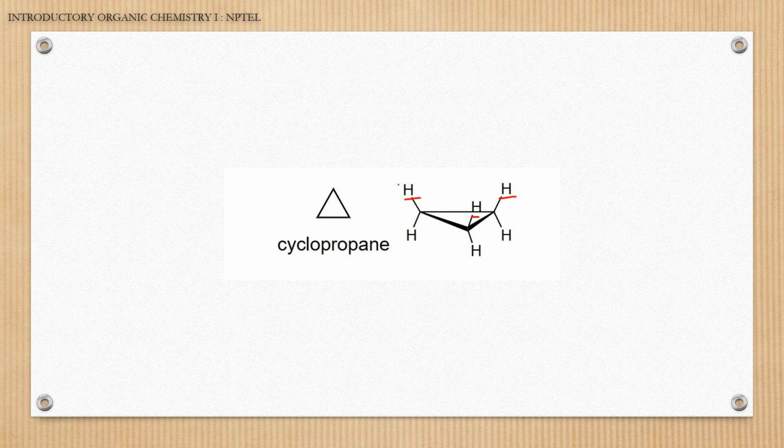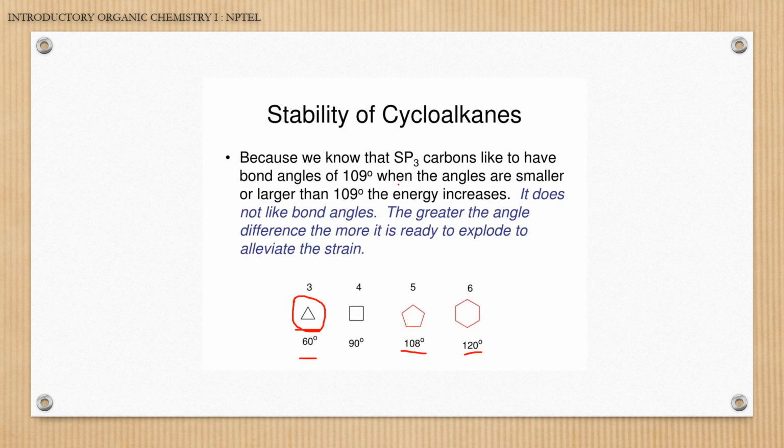Yes, ma'am. And which is the theory which gives this kind of explanation? What is the name of that theory? Anyone remembers? Which is the theory which gives the particular bond angle reason in the text? You have seen that sp3 carbon has the 109-degree angle, and cyclopropane and cyclobutane have a much lesser angle than that, so that is why they are strained. But there is a theory which gives that explanation basically. The name of the theory is,